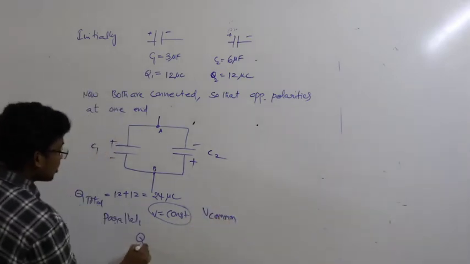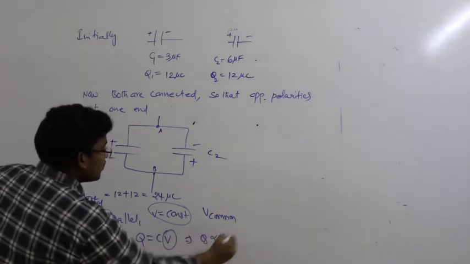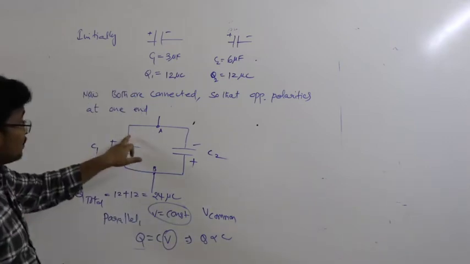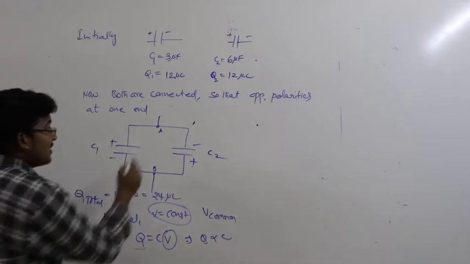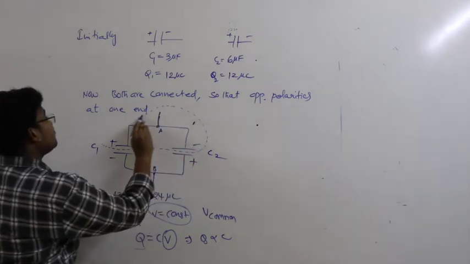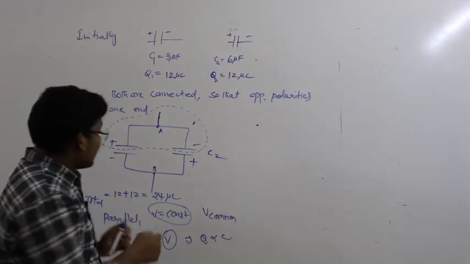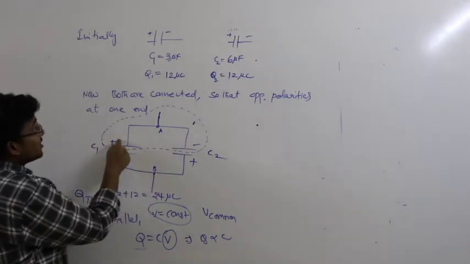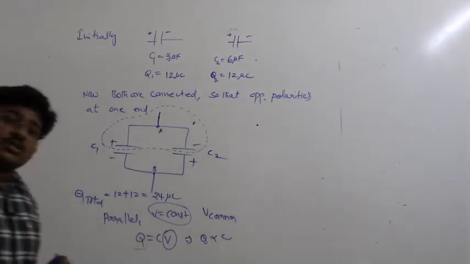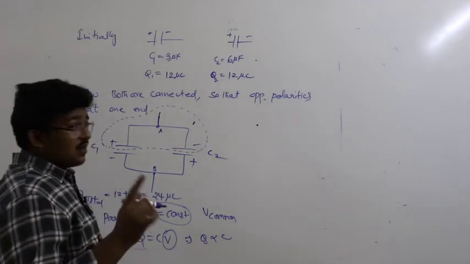Now, V is constant, so what is the charge formula? Q is equal to CV and V is constant, so Q depends directly on capacitance. Right. One more thing: they are connected plus to minus. According to the junction, you know that this is the junction, so at the junction the total charge must be constant. Here it is plus, here it is minus. How much is plus? Plus 12. And how much is minus? Minus 12. Means what is the total charge? 0. So that is why we are getting 0 now.